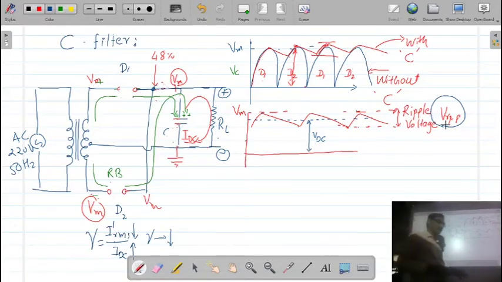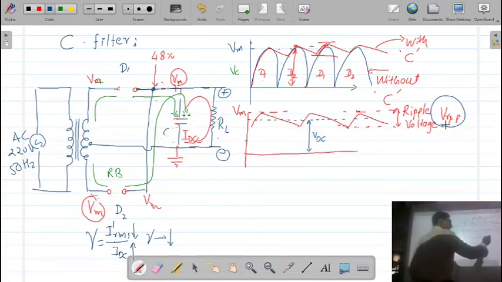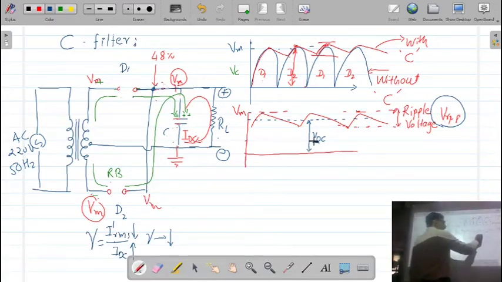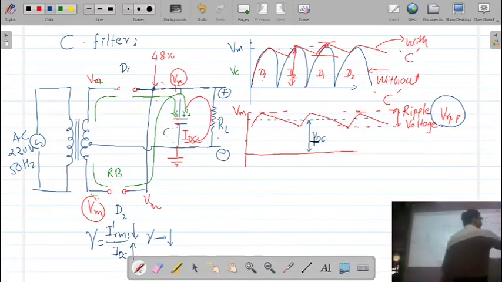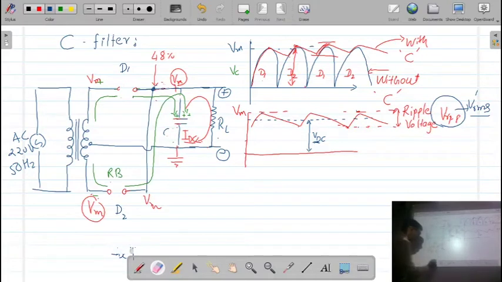Now we want to calculate the ripple factor. So here I have to take a ratio of VR peak to peak to the DC. But remember, according to the definition, we have to find out the RMS voltage, V dash RMS, and then you take the ratio with the DC. Then you can calculate the ripple factor. Correct? So for that we will use a simple formula which you have learned in 12th standard. Remember, what is this formula?